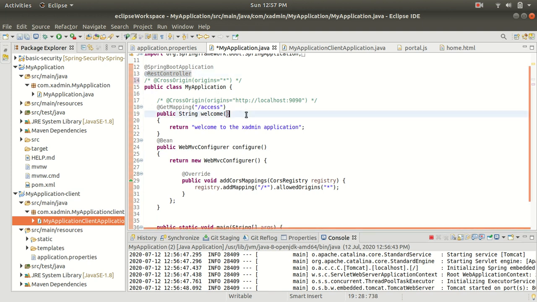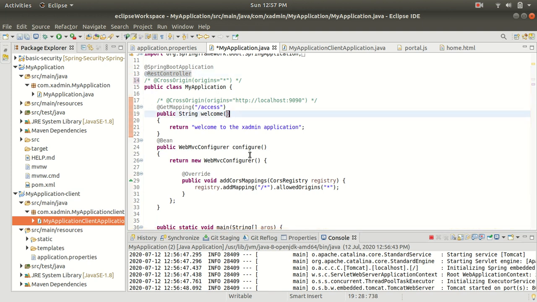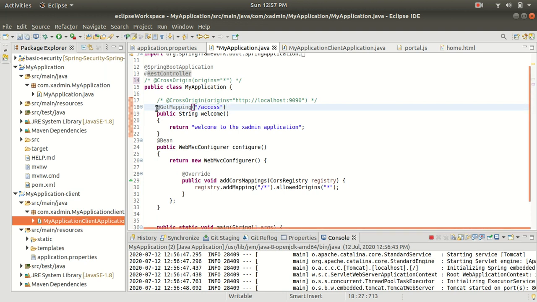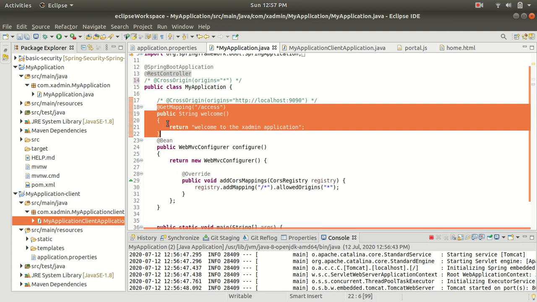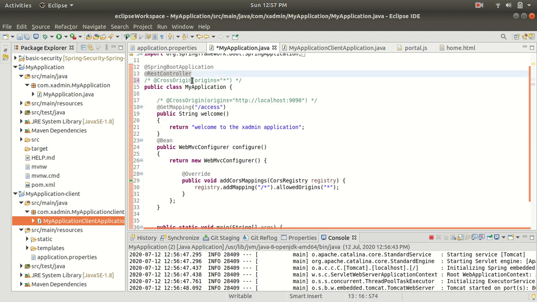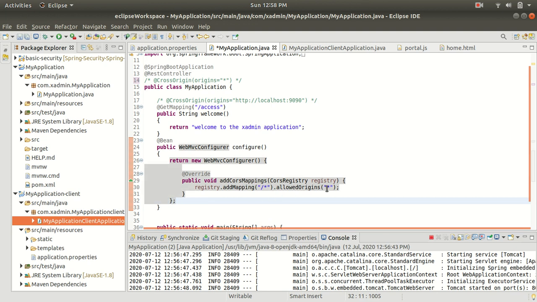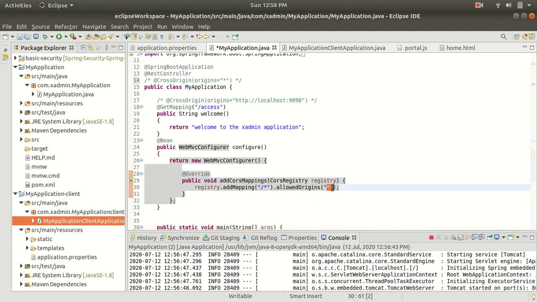In this way I have shown you the three ways to use the cross origin. You can enable or disable the cross origin at method level for a particular method, or you can do it for a whole controller by writing an annotation at your class level, or you can make this global for your whole application by just adding this method and writing this implementation. Here you are using a star, which means you are disabling the cross origin